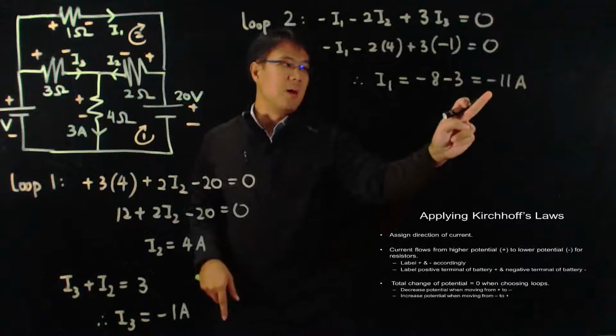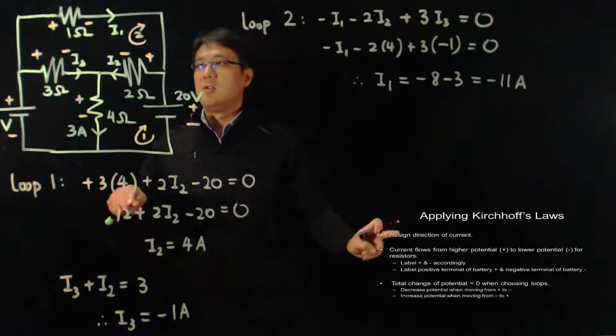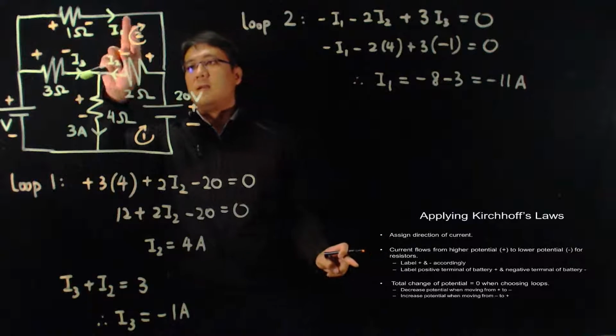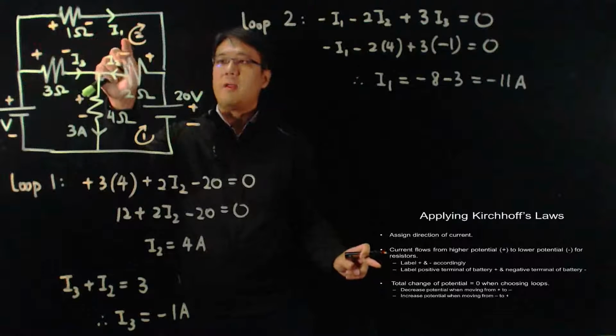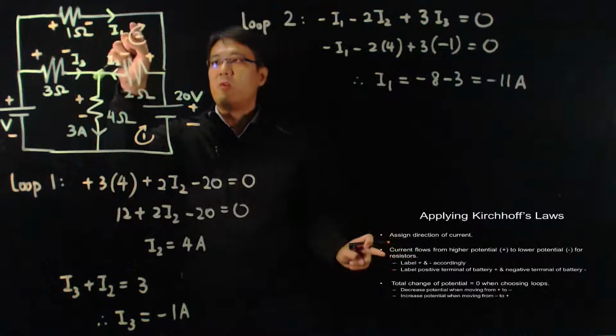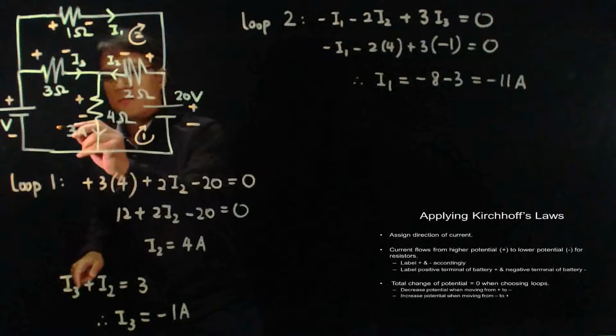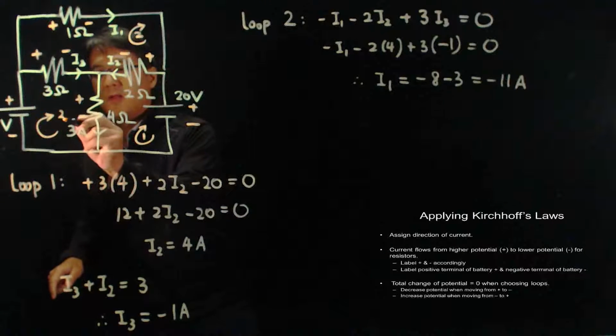So again, the minus sign here just indicates that our initial choice of current for I1 direction is incorrect. And instead of flowing from left to right, the direction of current for I1 is actually flowing from right to left. Now to solve for V, let's consider our third loop,